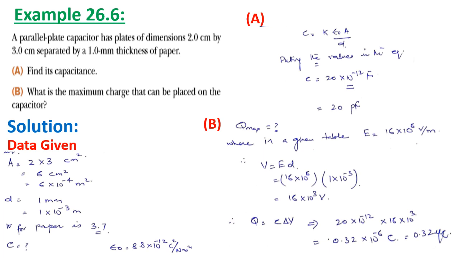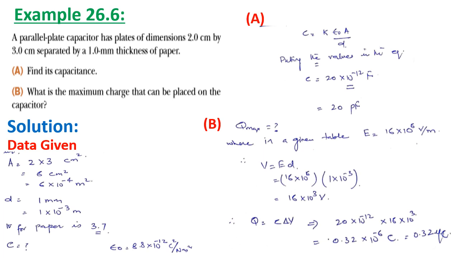So by putting this V and the C we have calculated in part A, we can find Q. So Q is equal to C delta V, which is equal to the value of C times the value of V, and in the end we get 0.32 into 10 raised to the power minus 6 coulombs, which is equal to 0.32 microcoulombs. So this is a very simple problem, and it can be easily done if you know these basic formulas. Now moving on to